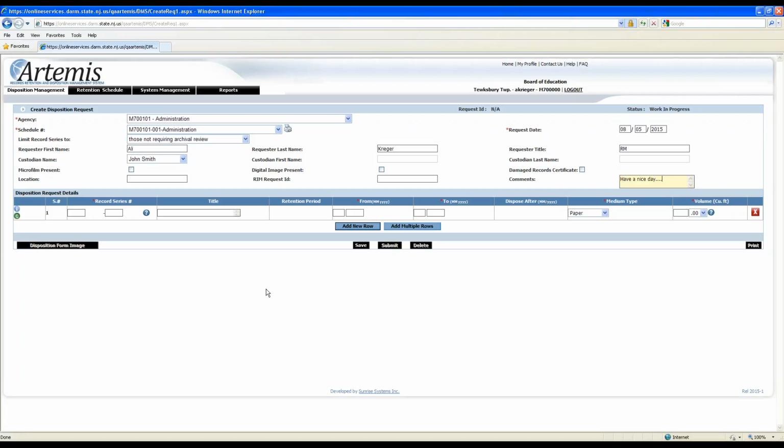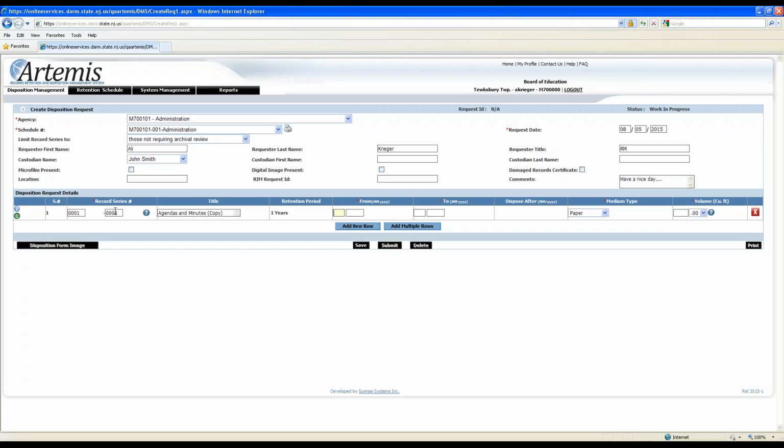Now down below, once I fill out that top section, I can start entering my record series numbers into the list. And there's a couple of ways I can do that. The first way I could do it, if I know the number, I can come in here and enter in the 8 digits. So let me put in, I'm just going to pick a number here. I'm going to put 0001, the first 4 digits, and then the second 4 digits. And I'm going to tab over.